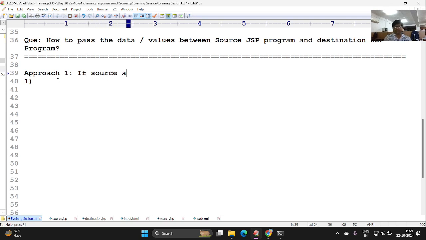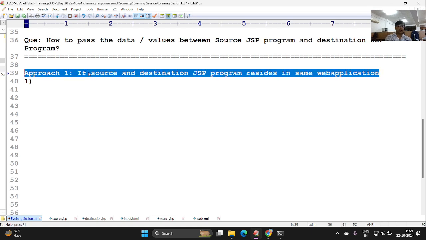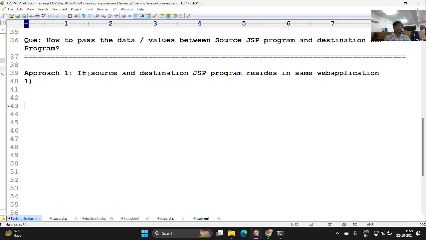If source and destination JSP programs reside in the same web application, here I can use the JSP forward tag, right? And approach two, if